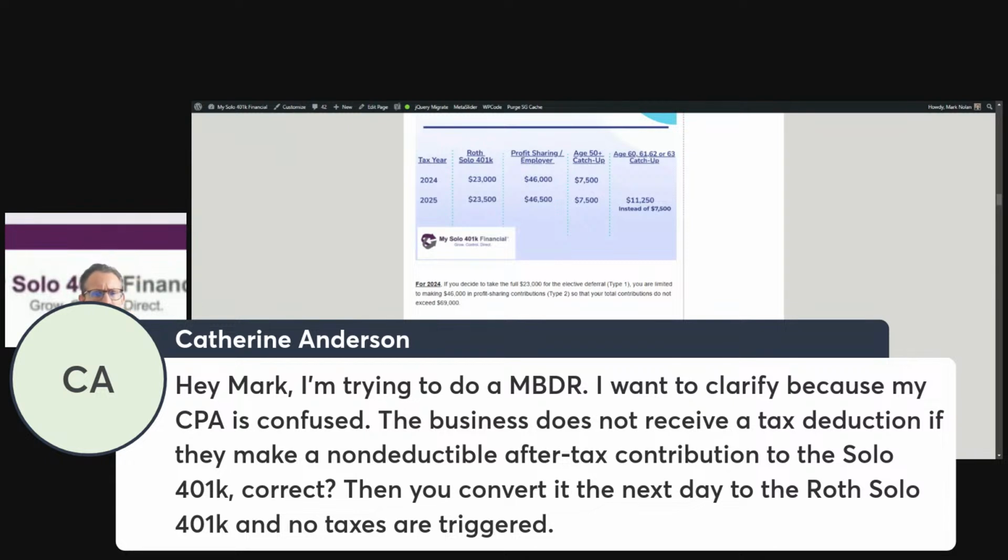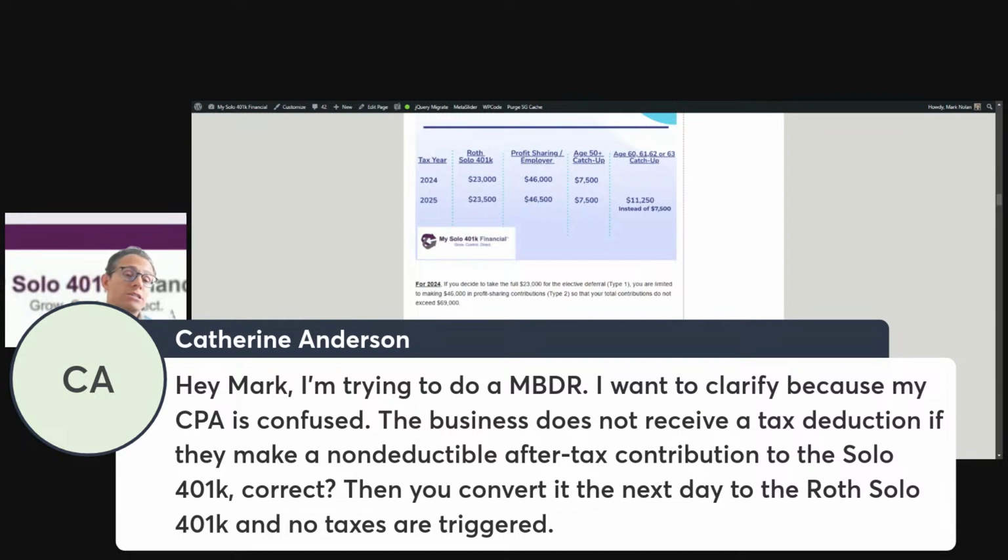The business does not receive a tax deduction if they make a non-deductible after-tax contribution. That's correct. So that's the thing about voluntary after-tax solo 401k contributions. It's a strategy to get more Roth solo 401k money indirectly. Because as we talked about a little bit earlier, well, I mean, the slide's actually still there. The Roth solo contribution limits are a lot less than the backdoor voluntary after-tax contributions, but no, you don't get